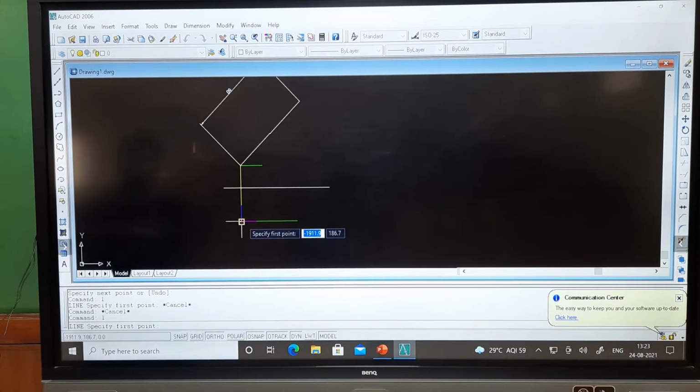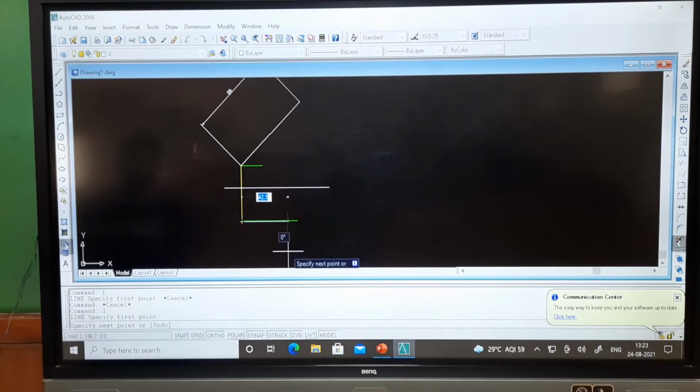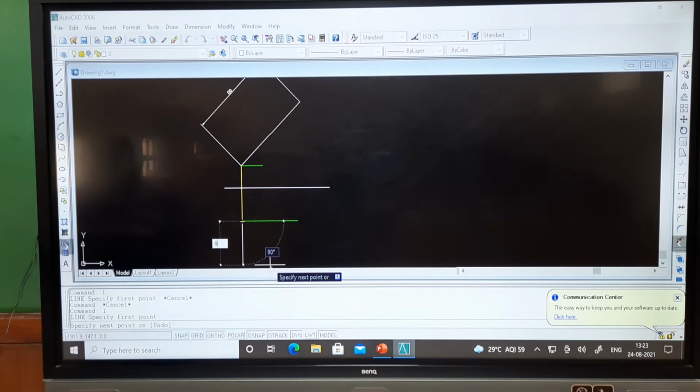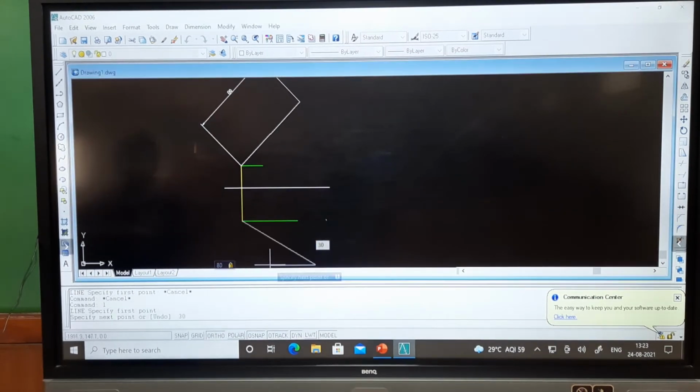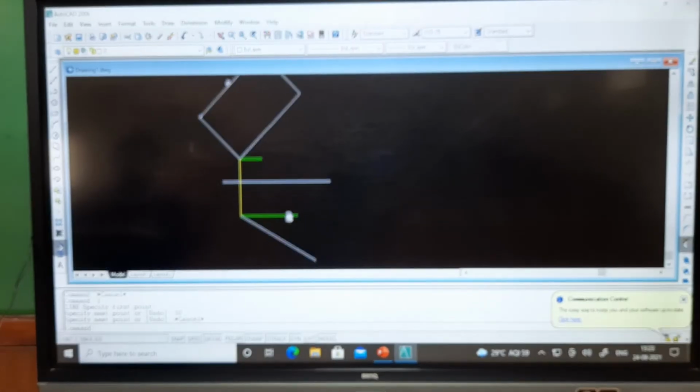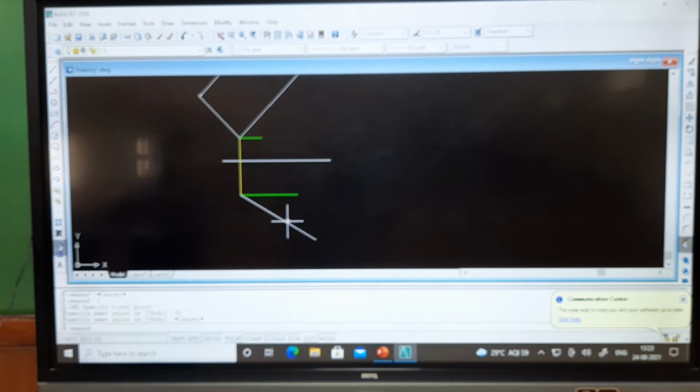From the end point here, what I have to do? I have to take 80 mm, because it is the true length of the line. Now, how much angle it is making here? 90 is given, so I will go for 30 degree. 80 tab 30.